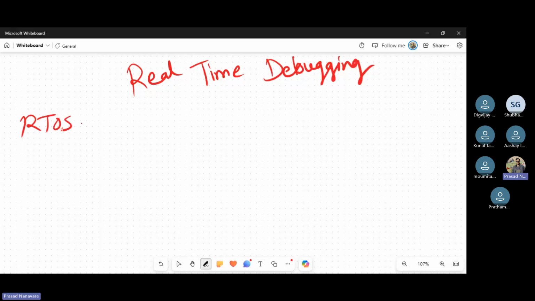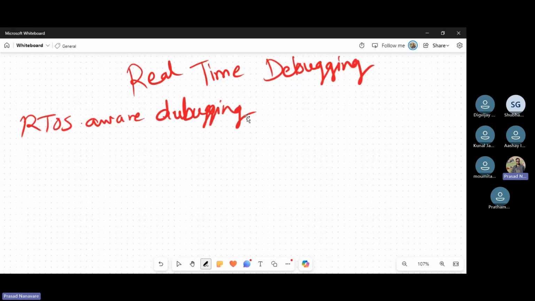RTOS debugging uses tools that support RTOS-aware debugging. There is a term called RTOS-aware debugging, because it's real time, right? So it's different. With these tools, you can show task status, thread switches, and task-specific variables